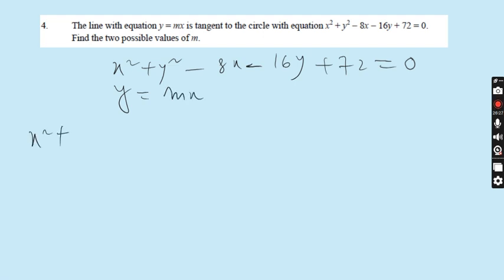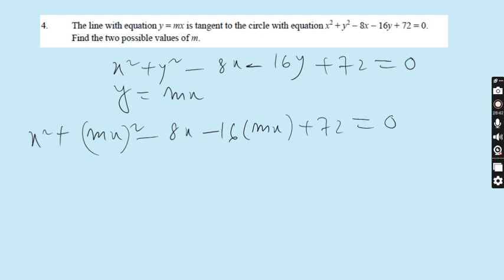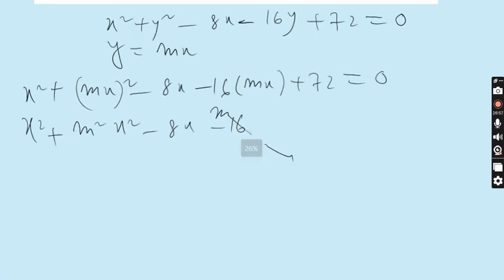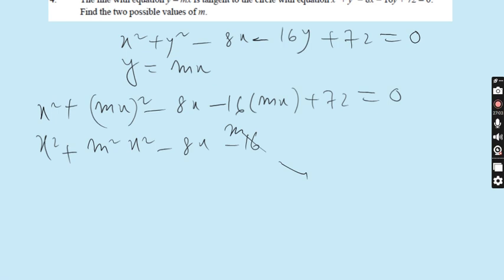X square plus y square, y is mx, square minus 8x minus 16 mx plus 72 is equals to 0. X square plus m square x square minus 8x minus 16 mx, minus